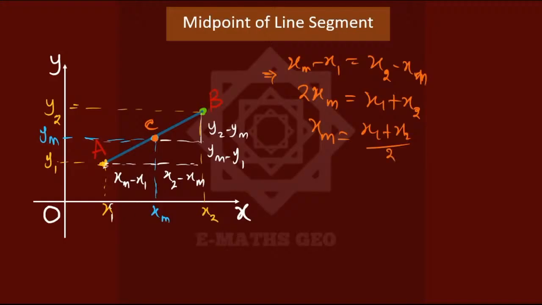Again, the same thing for y. For C to be the middle, y2 minus ym must equal ym minus y1. Looking for ym, 2ym equals y1 plus y2, making ym the subject of the formula. So therefore the coordinate of the midpoint